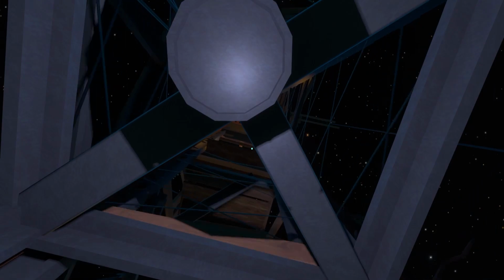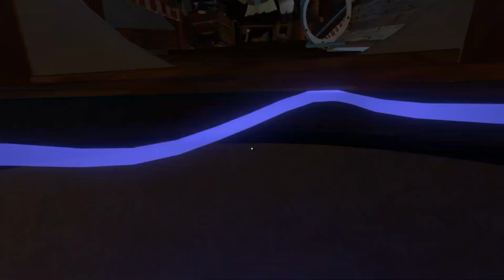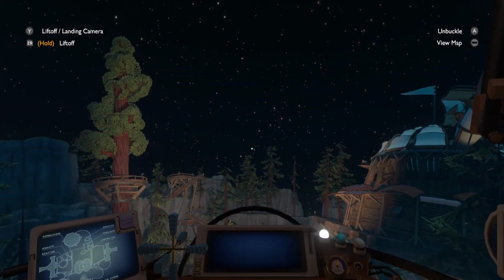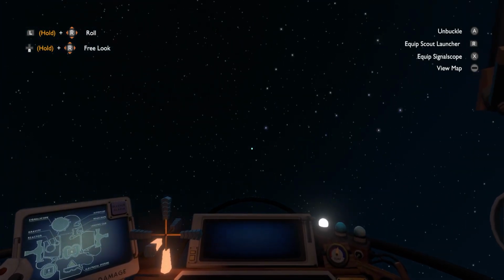I'm just gonna do the same thing that I did last episode. I'm going to try and catch that quantum moon. I refuse to let it win. It's not going to win, and this time it won't win. I'm not doing any research on this game, so I don't even know if what I'm doing is the correct way to engage with the quantum moon, but